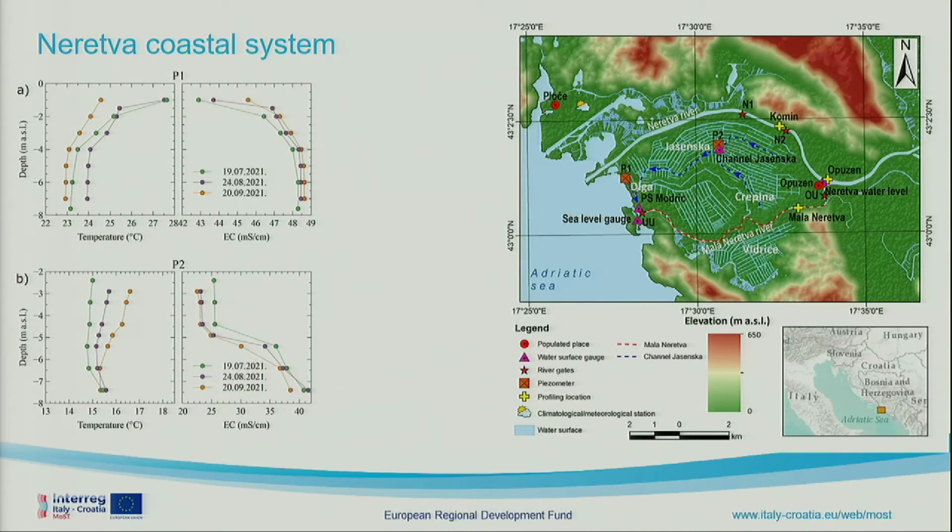How is the situation today? I mean, 200 years ago it was completely covered by the seawater. Today we do have a change. When we look at the location close to the Adriatic Sea, so it's P1, the red square, and we